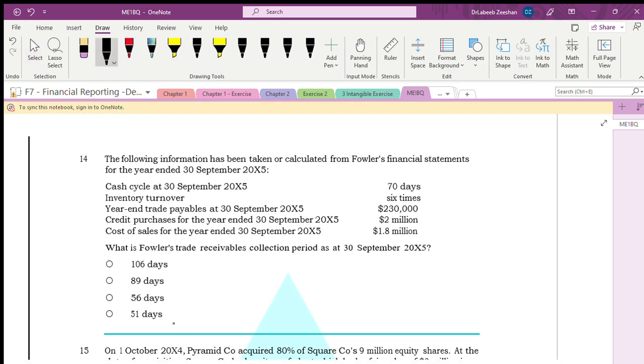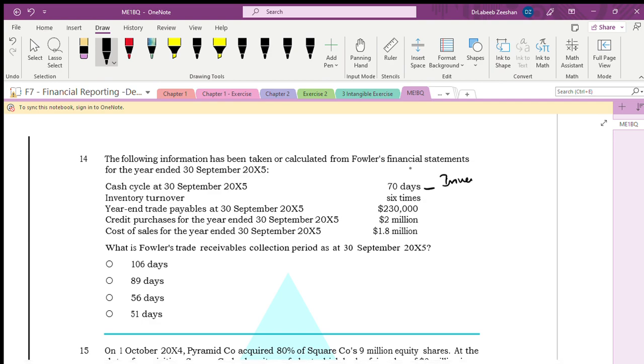The following information has been taken or calculated from the financial statement. Well, the cash cycle is out. Cash operating cycle is how much? 70 days. Okay. Cash operating cycle is what? Inventory turnover days plus receivable turnover days. Is it right? I will write here. Cash cycle is nothing but